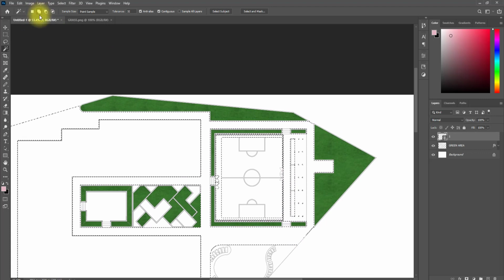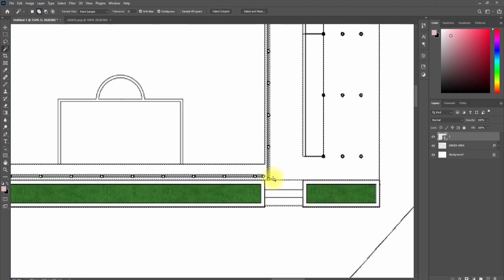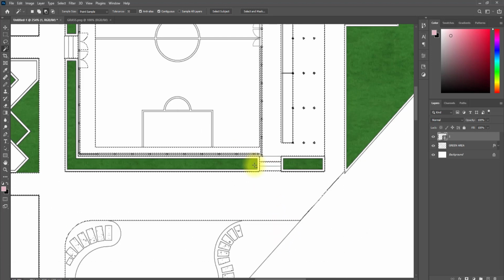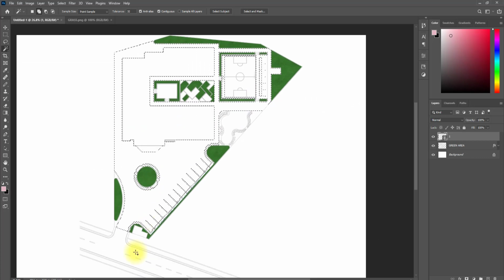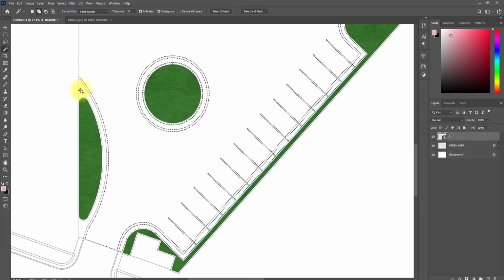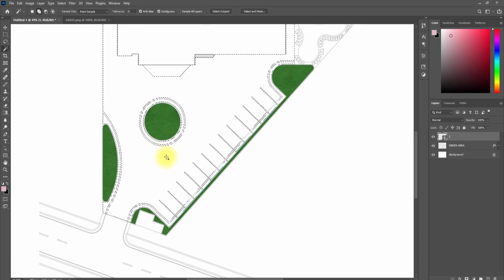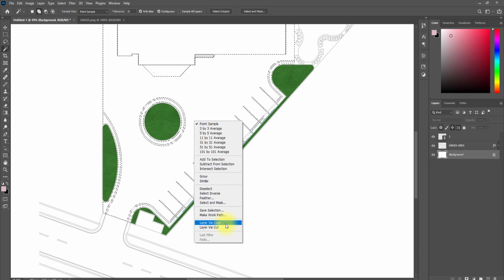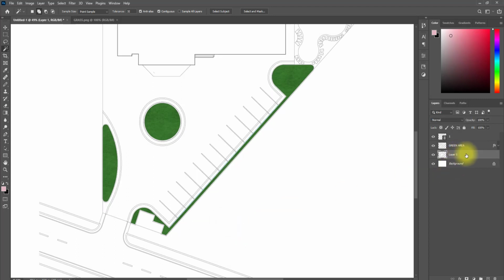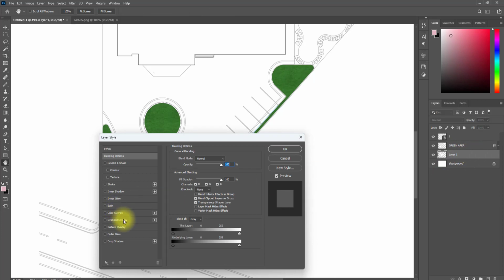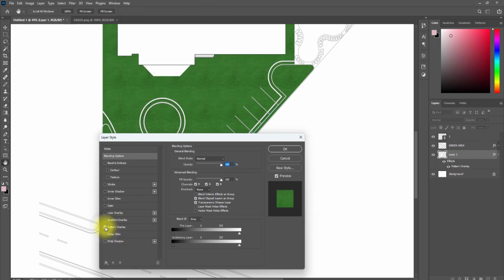Remember, make sure that this thing is set at this point to be able to select multiple planes or panels within the project. So I think I've selected all, okay, not all of them. Now I think I've selected all the intended paved area. So I'm just going to go back to this background, and I'm going to right click and do layer via copy. Then I'm going to double click here, and I'm going to change the material and go to pattern overlay,